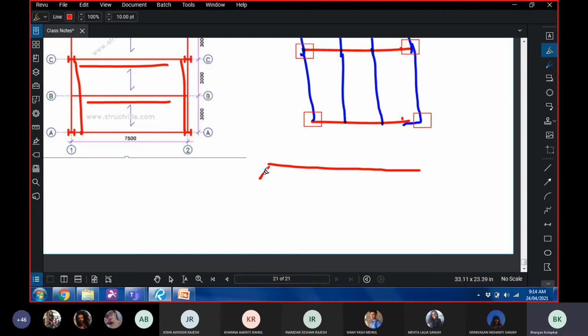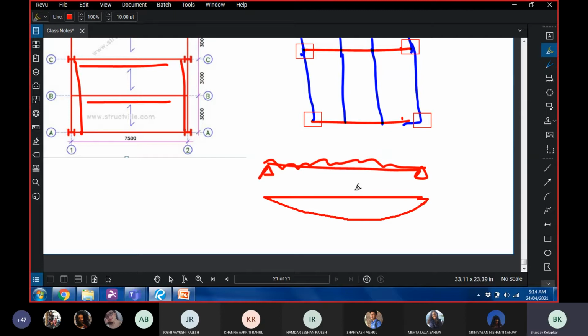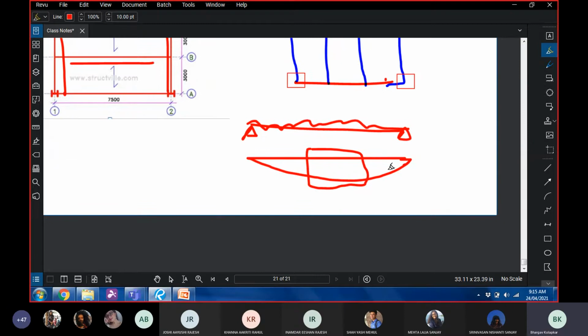So, if this is your beam, simply supported, having UDL, this is the bending moment diagram. So, your bending moment is maximum towards the center, and the values are lesser as you go towards the support. So, we can always provide a section like this, a section that tapers towards the center, perhaps some constant depth at the center, and then it tapers back towards